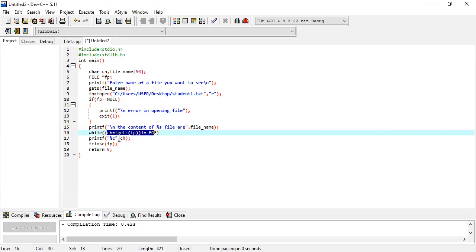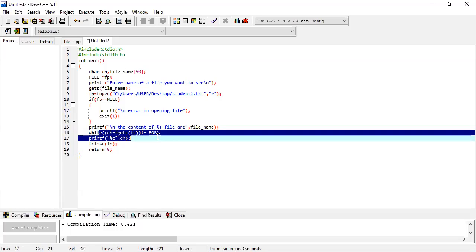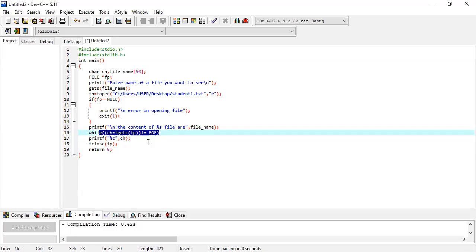So this loop is executed until my file is complete. EOF stands for end of file. Obviously this works as a terminator, because the compiler doesn't know how many characters we have already written in student one. It is not known. So every character is stored into ch, and this is compared with the EOF.